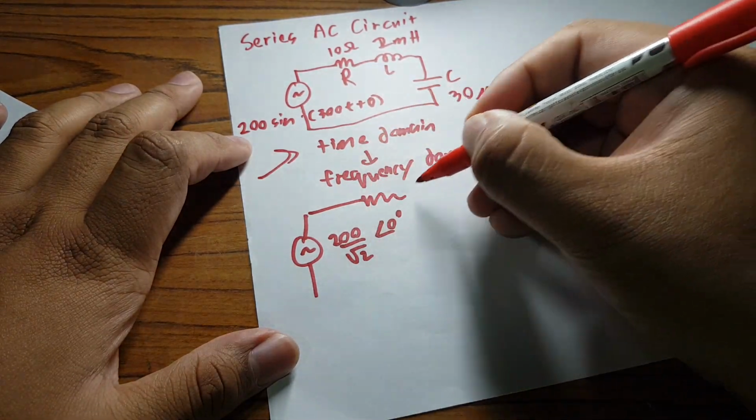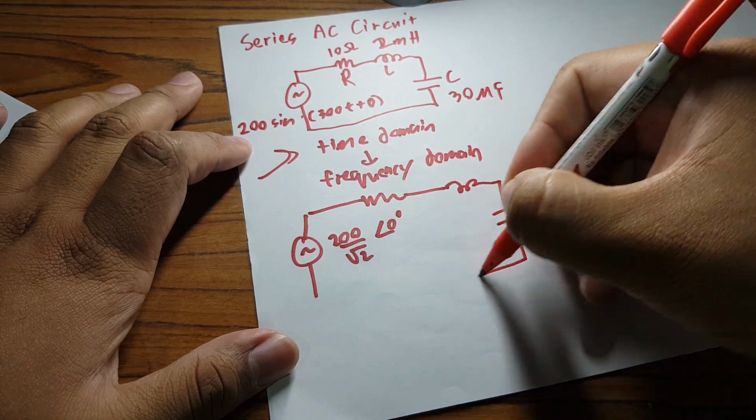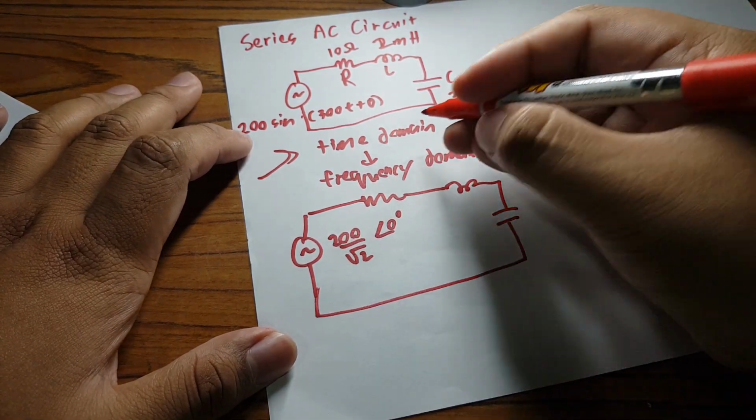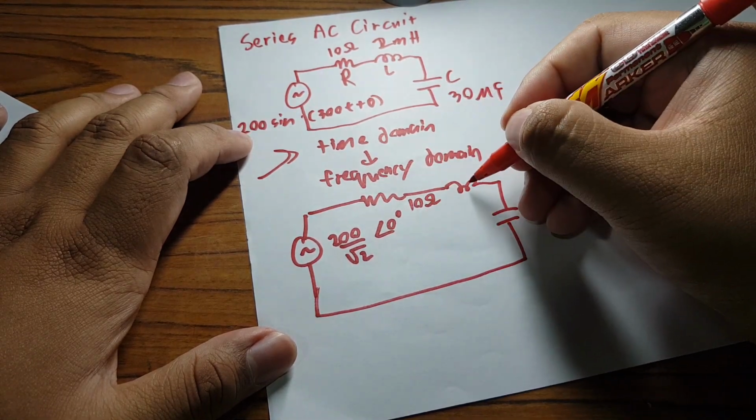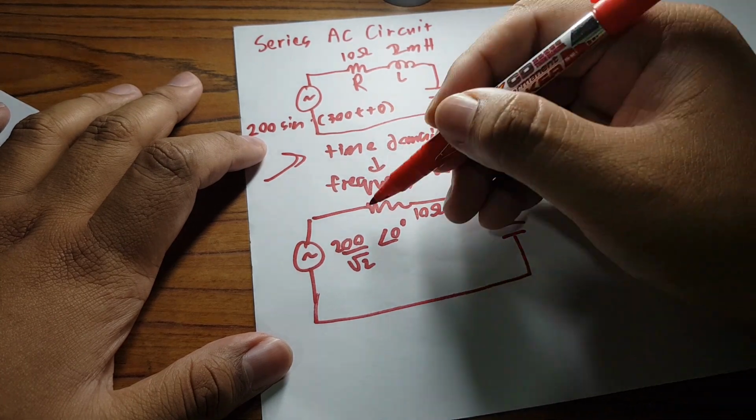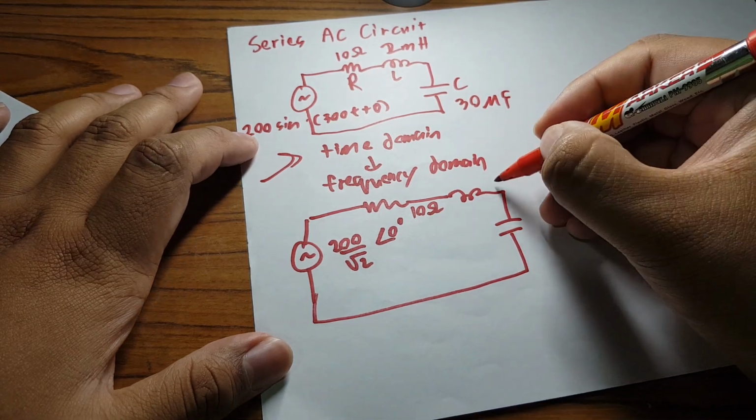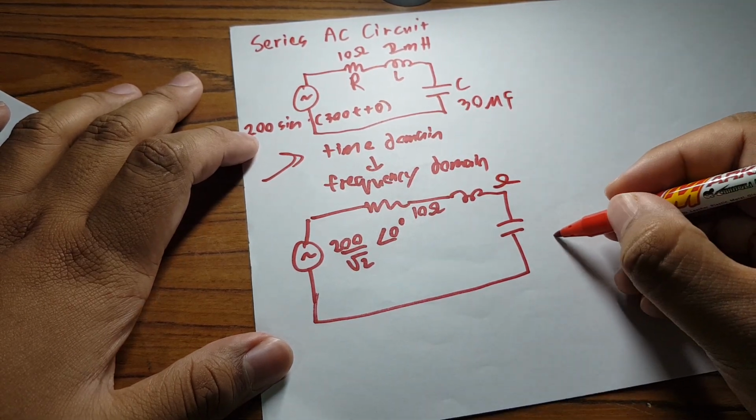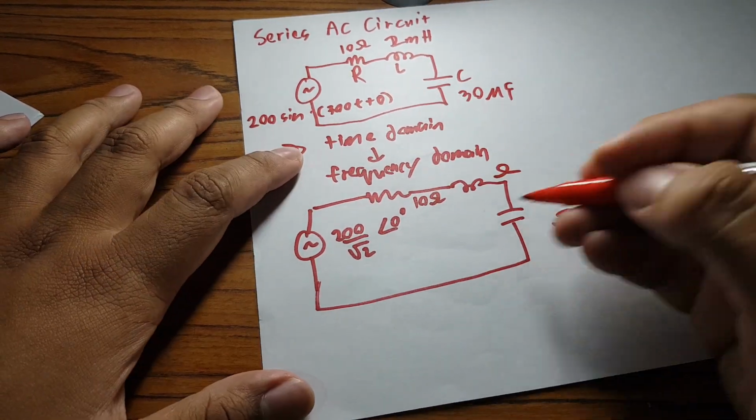So resistor, inductor, and capacitor: for resistor it is 10 ohm. For inductor, if you look here, this is in Henry. So when you want to solve the AC circuit, you need to change everything to ohm. This one needs to be in ohm. So how to do this? For inductor,